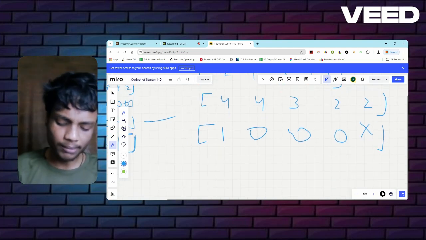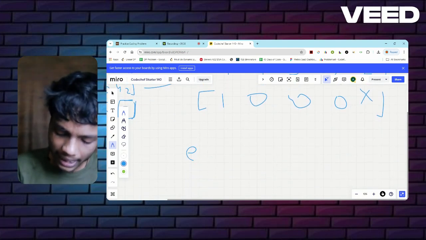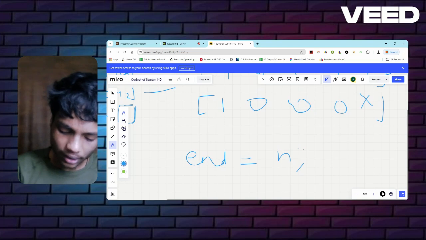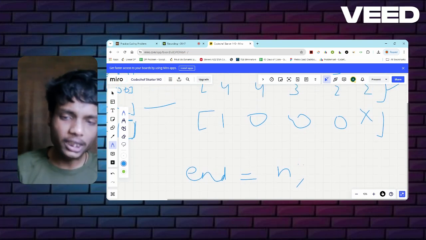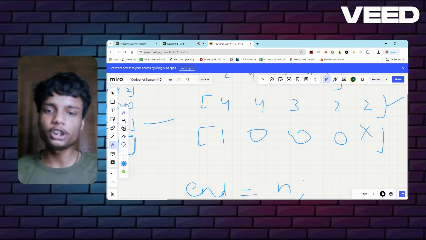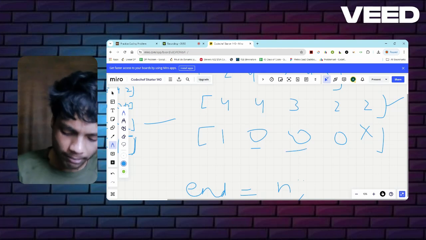So what I'm doing is simply sort the array in the reverse order, and let's have a variable end as n. Initially end is, in this case, 5. Now 5 minus 4 is 1, which is positive, and it is satisfying the condition till now. Now 4 minus 4 is also satisfying. 3 minus 3 is also satisfying. Similarly this one as well.